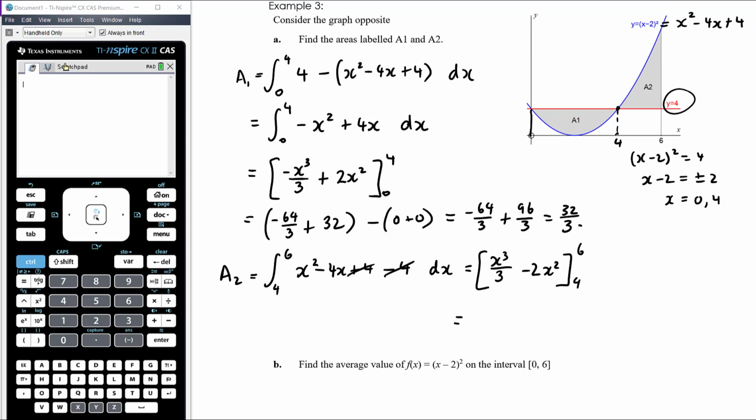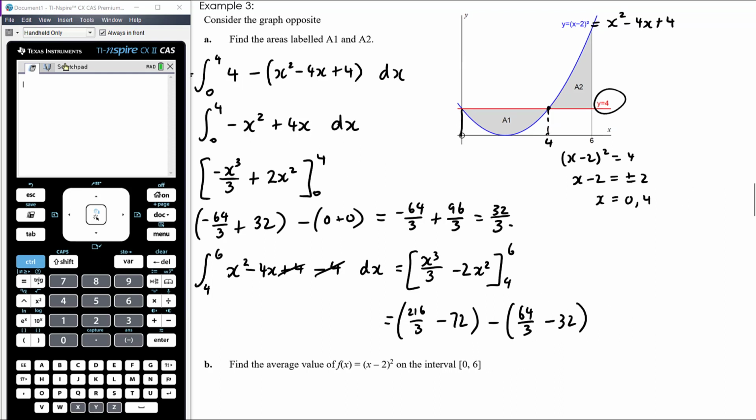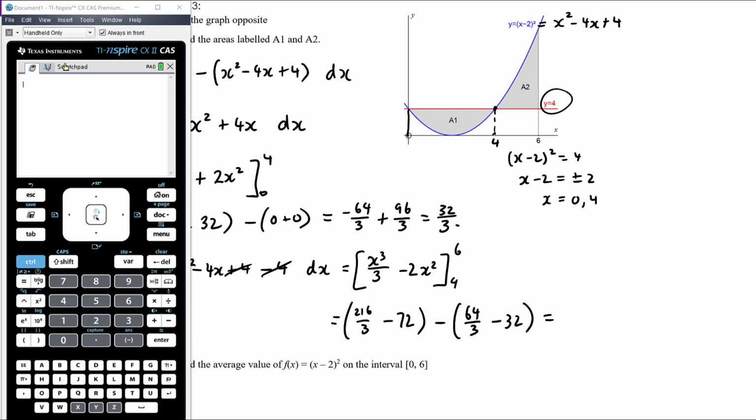Okay, so this is going to be, sorry, 6 cubed is 216 on 3, minus 6 squared is 36 times 2, which is 72. And then here, this one is 64 on 3 minus 32. Okay, so let's simplify a bit what we've got here. In fact, maybe let's collect together the fractions. So 216 minus 64 is